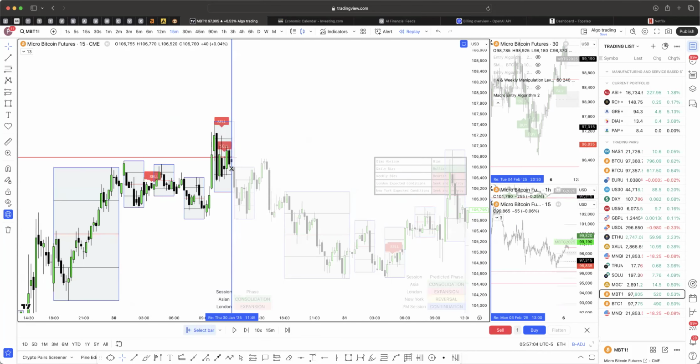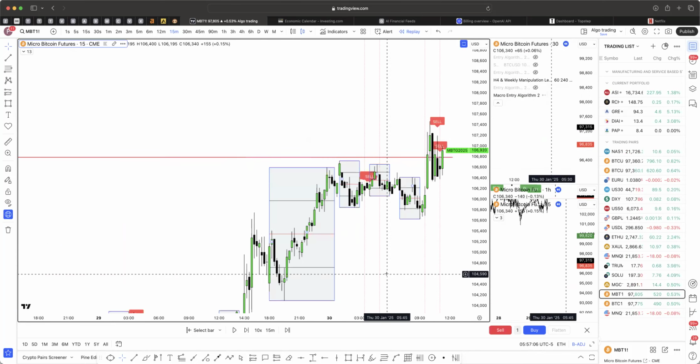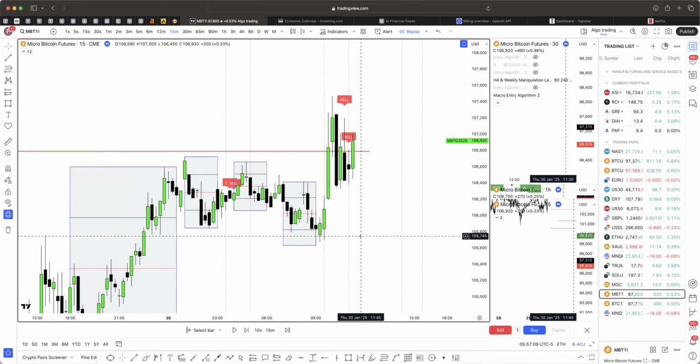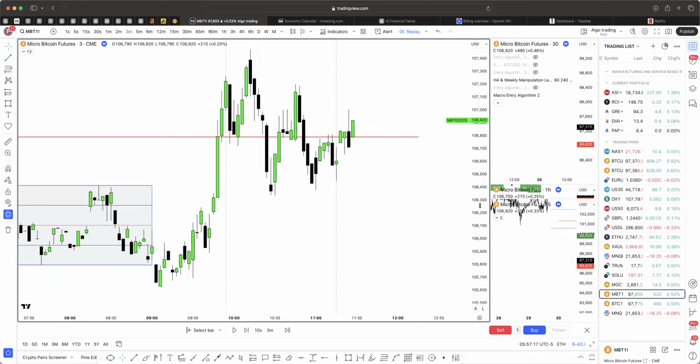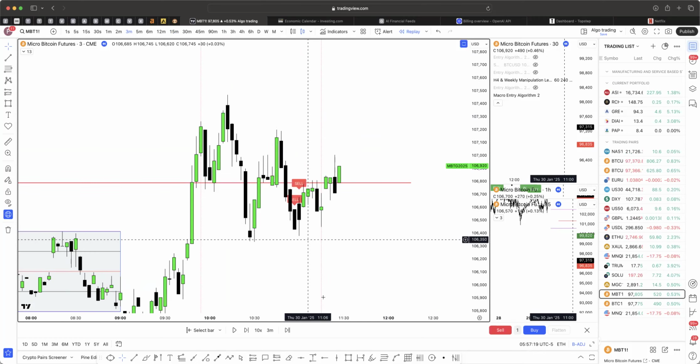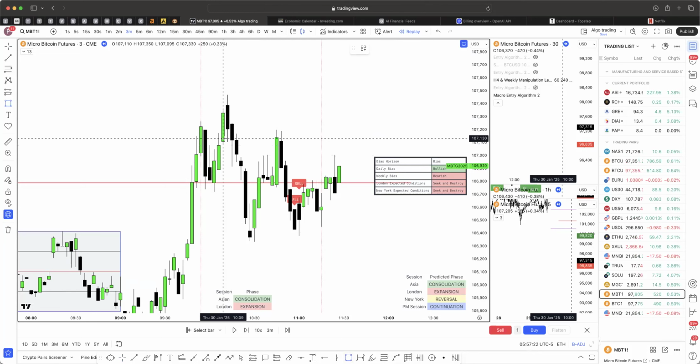So knowing that you have all this information in front of you, knowing that you have an algorithm that's going to tell you when to sell, you need to know whether this sell is a good sell or not. So in order to understand whether it's a good sell or not, what will you do? You go to the lower time frame, check and see if there's an inversion, because the inversion within the macro is very important. Okay. So we get this move down and I'm interested in the first inversion gap that forms,